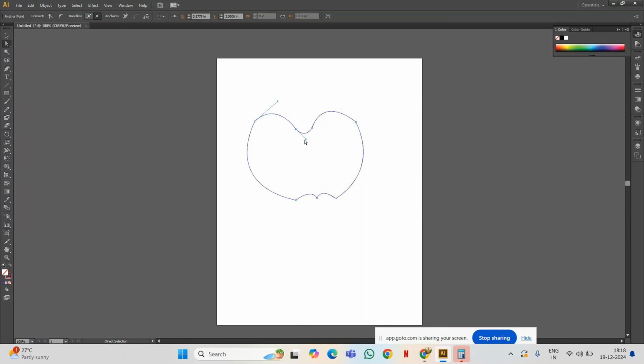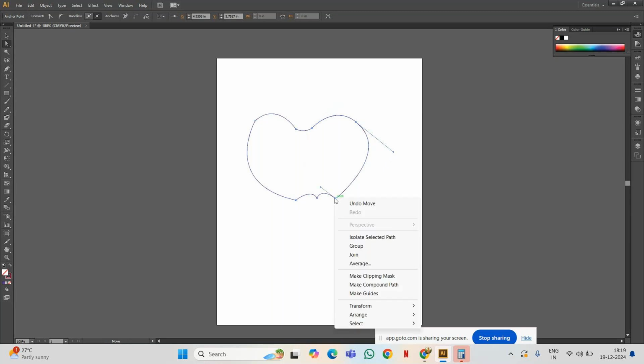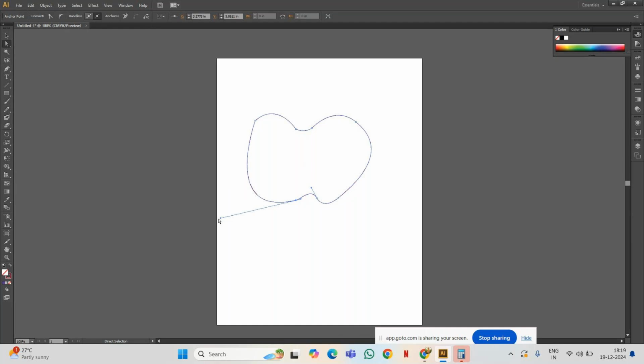Here we can just arrange that however we want. By coming to direct selection, we can adjust it however we want. If I want this to make a curve, so you can make it, or else see here. This is how it looks. Make this to curve and